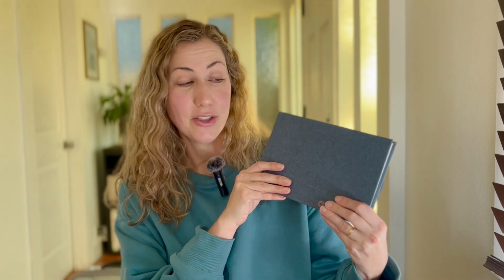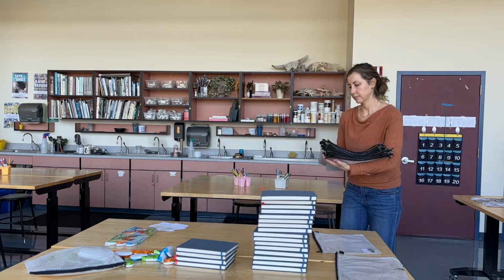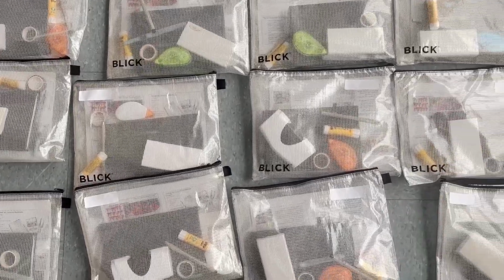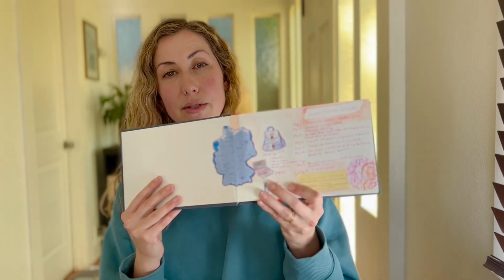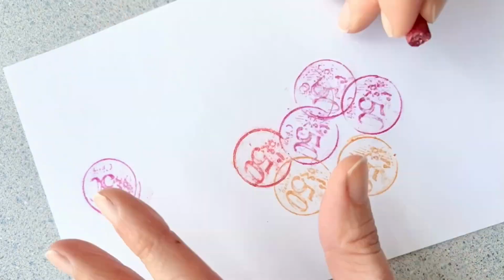for all of us. So my contribution on the trip is this travel journal. I have put together a number of kits for students to bring with them, and I will go through exactly the materials that I put in each kit. I also created some sample pages to show students and have been working on trying out some different